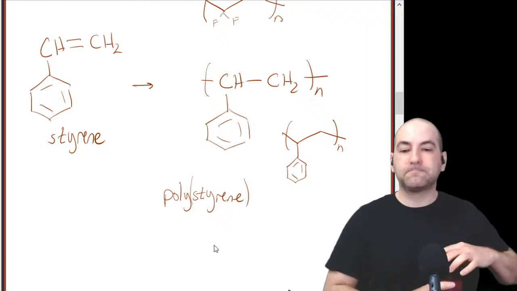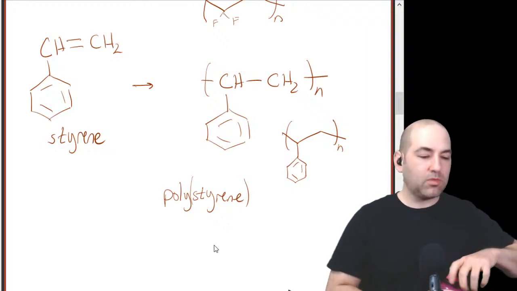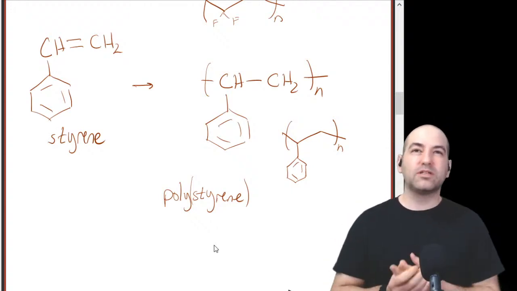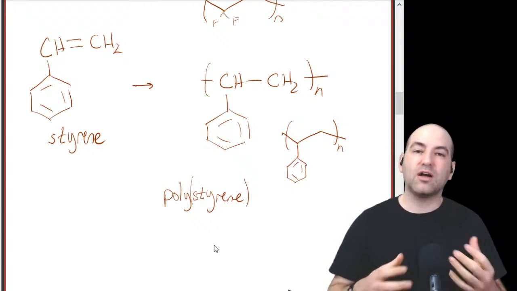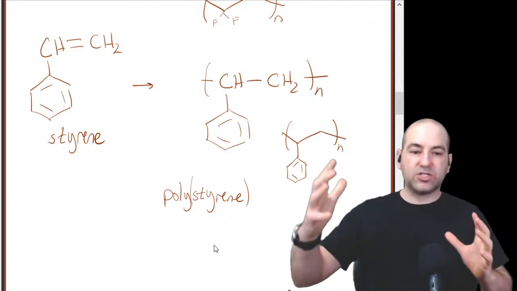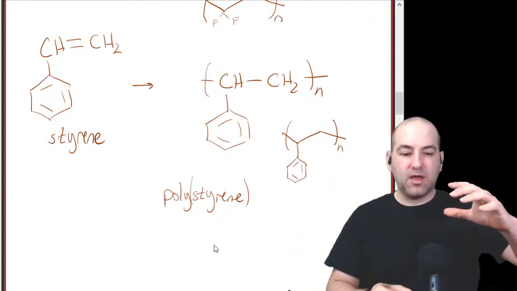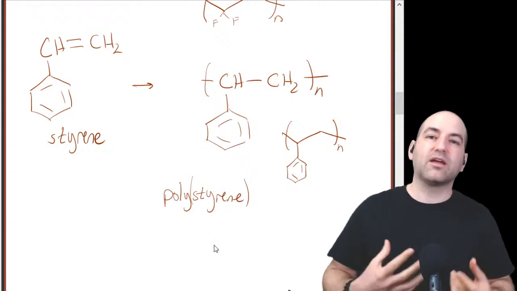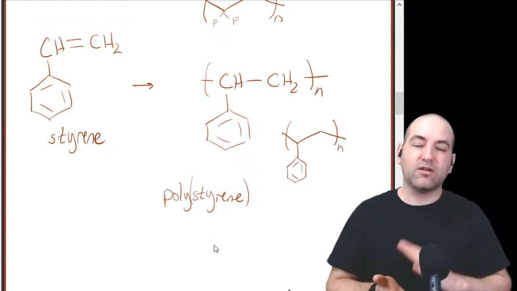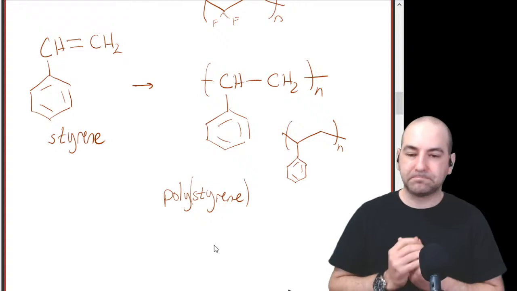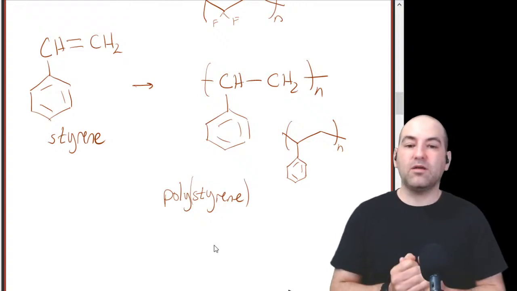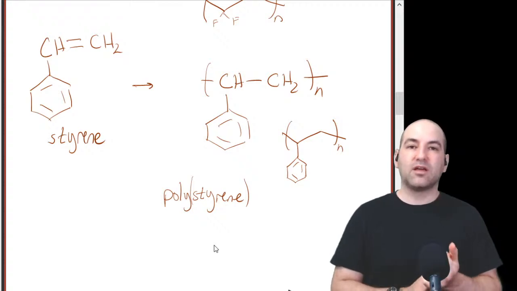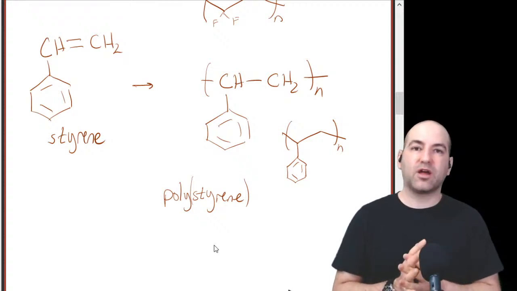One thing you can do if you have some styrofoam, you can put it in a solvent like acetone, and you'll actually see it won't really dissolve in the acetone, but the acetone will cause all the gas to escape. So you can take a big chunk of styrofoam or a big styrofoam cup and put in a little bit of acetone, and it'll look like it's just kind of melting. It's not really melting, but all of that gas is being released, and all you're left with is a solid polystyrene. So polystyrene and these kind of plastic foams present this interesting problem when it comes to waste and